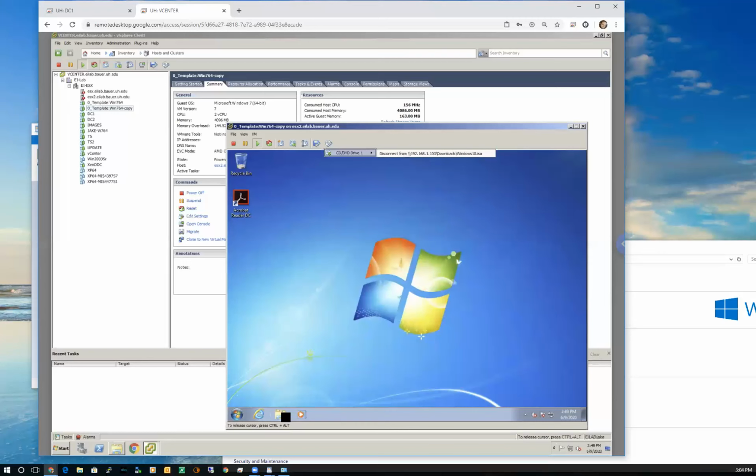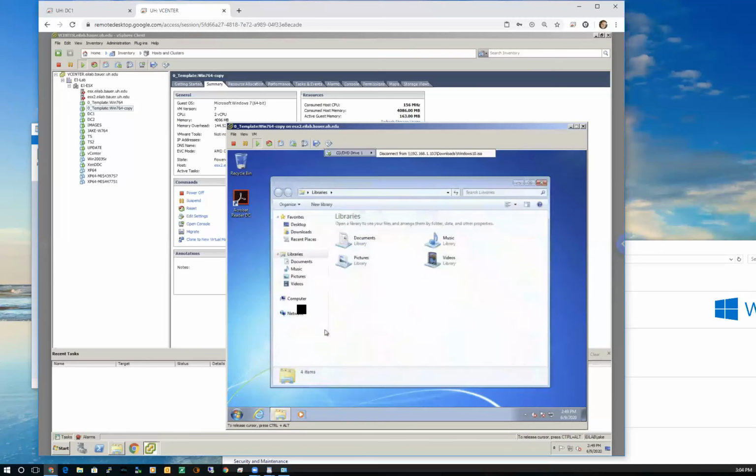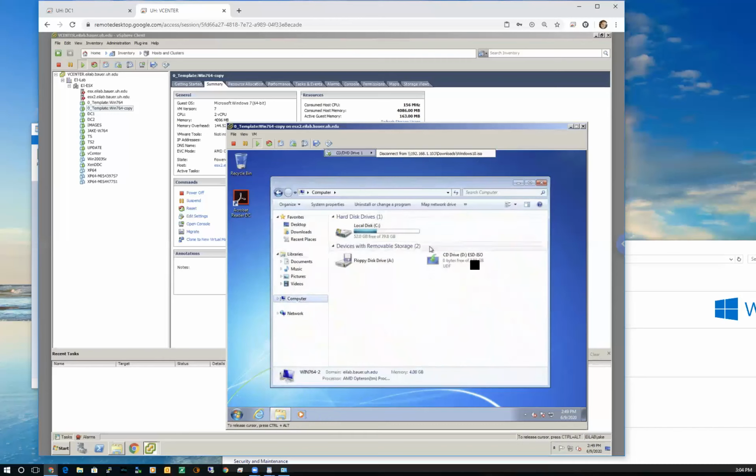So if I were to click on my folder icon here, and I clicked on computer, I should be able to see there's a CD drive, that ISO file. If I double click on that, it should start the startup program. And actually, before I try to install Windows 10, I'm going to do one other thing that is really nice to do in a virtual environment. I'm going to take, not a backup, but a snapshot.